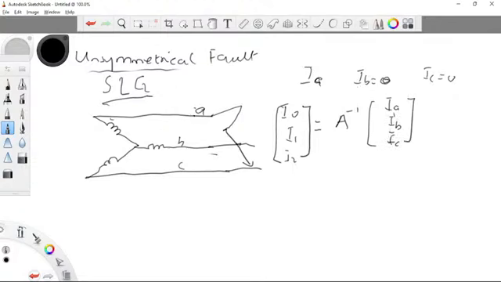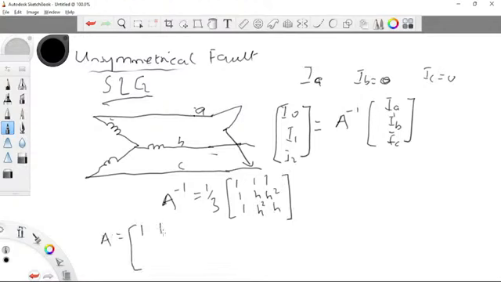One more thing you should know: our A inverse is 1/3 of [1 1 1; 1 H squared H; 1 H H squared], and then our actual A is [1 1 1; 1 H squared H; 1 H H squared]. So if you look at these two, realize that